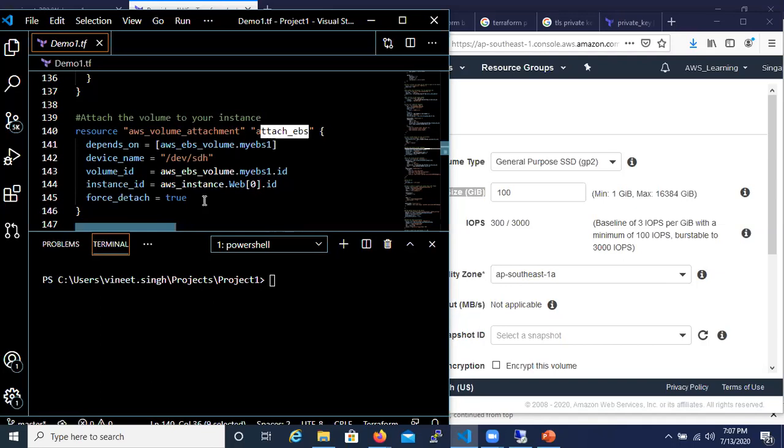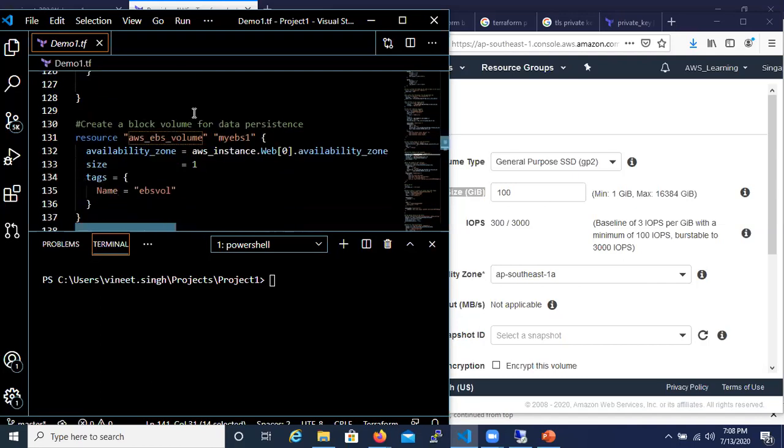So the same concept, there is a dependency. I want to make sure that this is executed after my volume is created. So it depends on this specific block, aws_ebs_volume.myebs1.